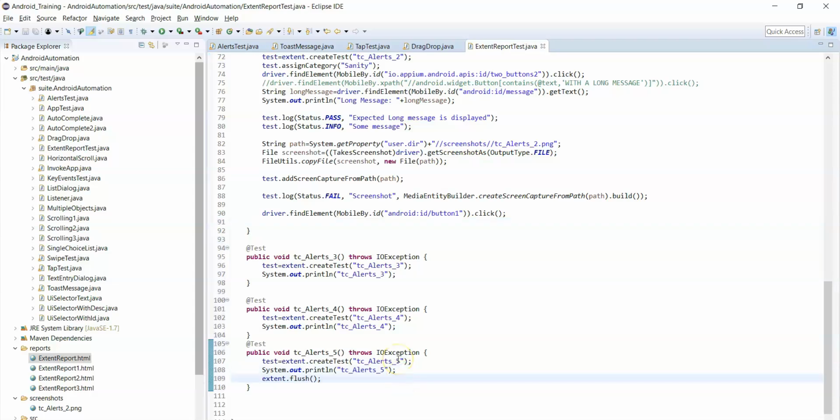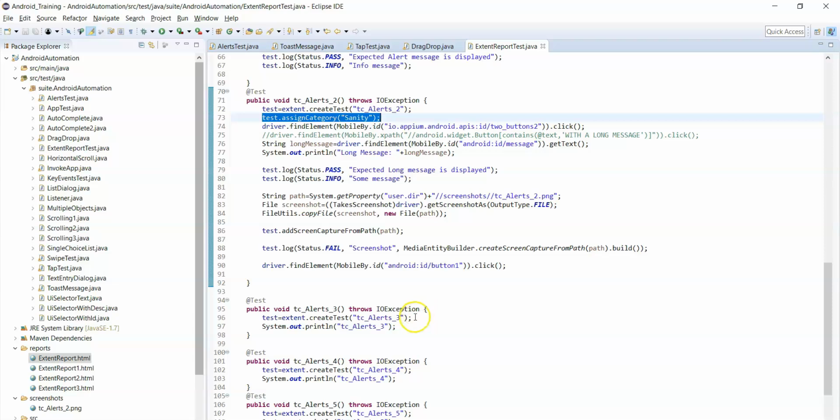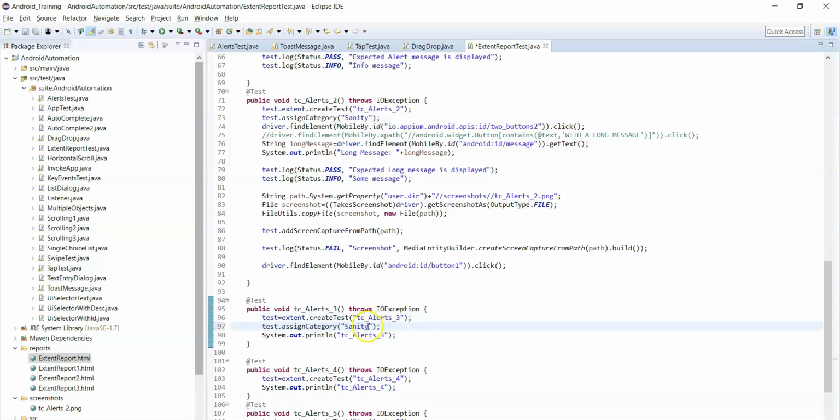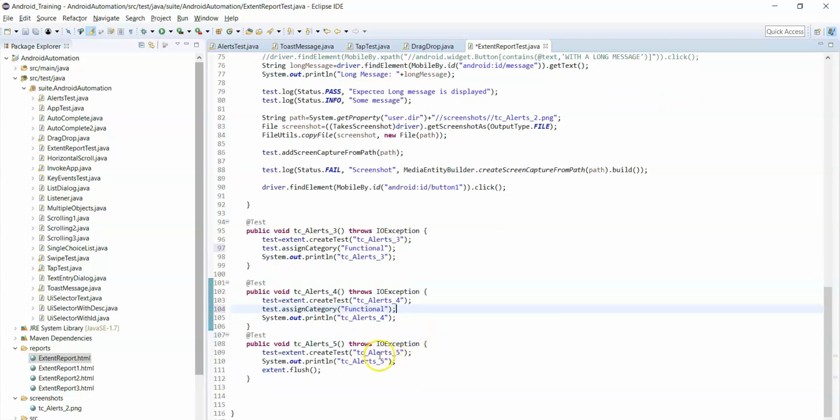Now we need to assign the category for third and fourth test cases as functional. And the final test case is regression. So in this way you can assign the categories to each test case based on your requirement.